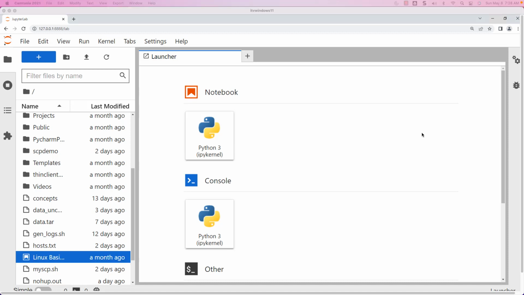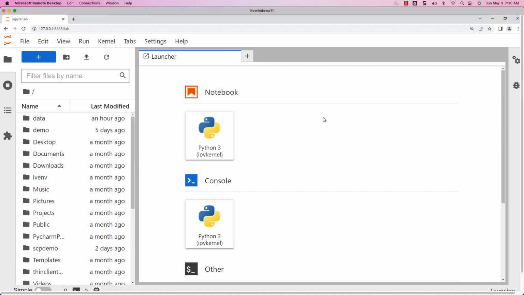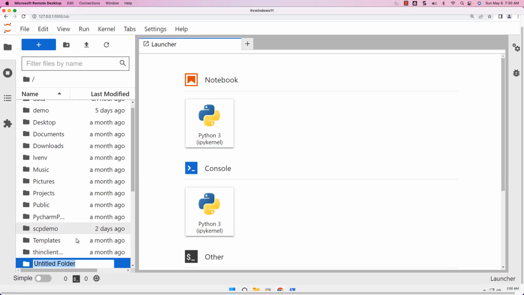In the process of understanding the integration between Python and Linux, we'll be creating quite a few notebooks to explore Python modules and also to perform quite a few tasks. Let's make sure we organize all those notebooks in one folder. Creating a new folder using Jupyter Lab is very straightforward. You just have to open the sidebar and then click on this to create a new folder. Let me create a new folder by name Python